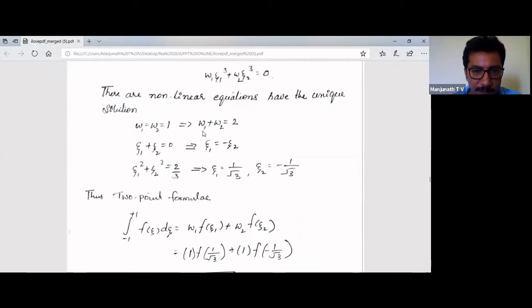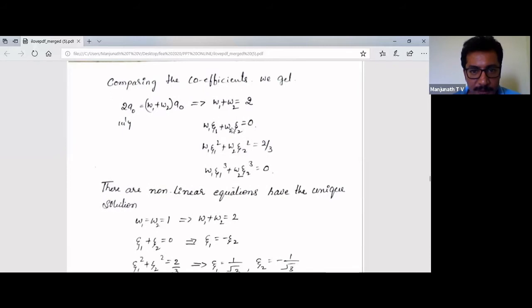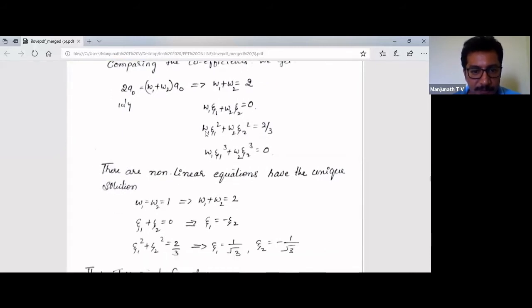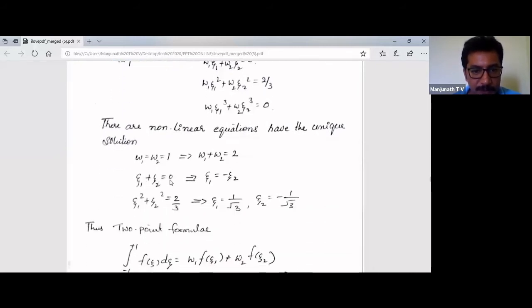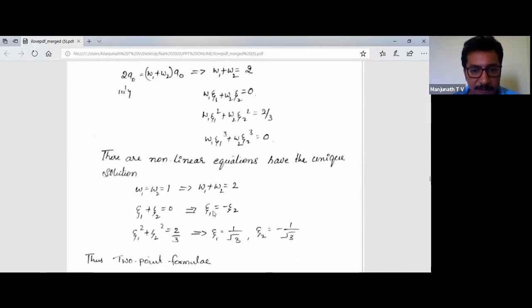Once you have got the W1 and W2 values, you substitute these values in this particular equation, so that you will get zeta 1 plus zeta 2, which is equal to 0. Then, as you do the simplification, zeta 1 is equal to minus zeta 2. Similarly, these values of zeta 1 you substitute in this particular equation, W1 zeta 1